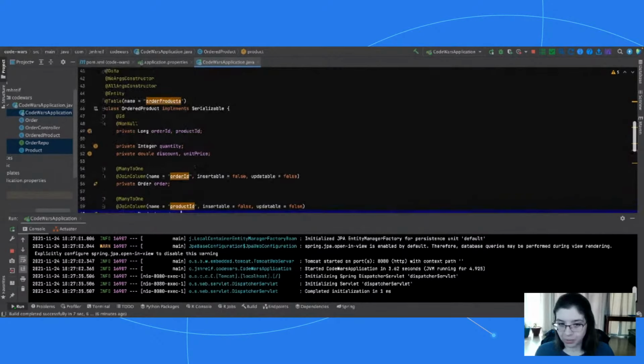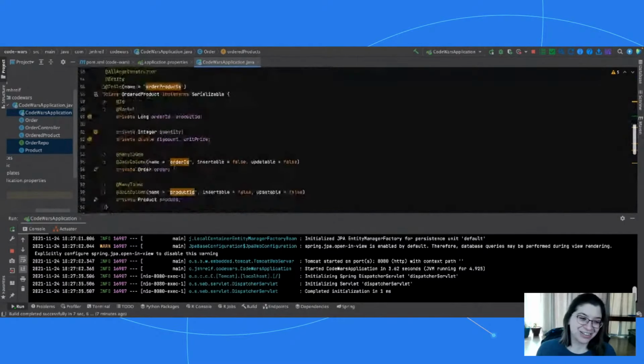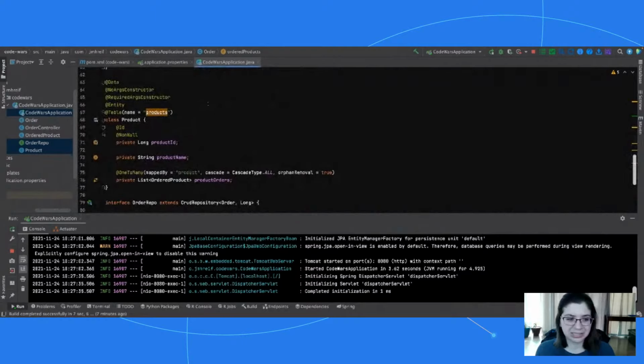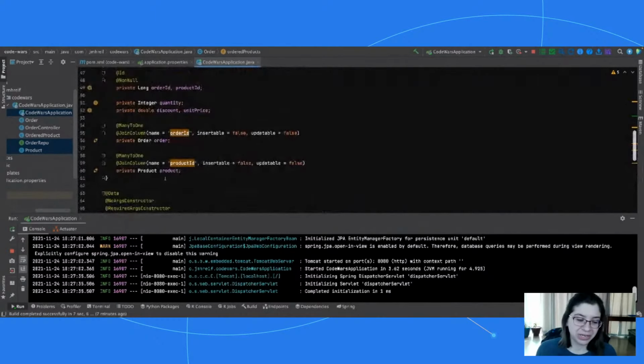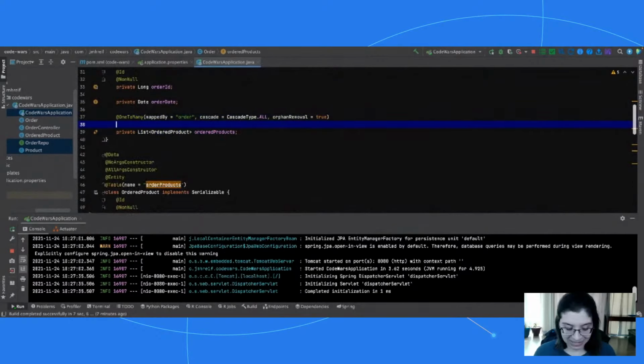Well, we just came from order, right? It's going to go back and pull all these fields again. Guess what? It's going to go back to this table and pull order, and you get this lovely circle. Same thing's going to happen on the product side, even if we start from order, because they're all now linked. So you come across to the ordered product, it's going to go down to the product. Guess what? Product is tied back to ordered product. So it's going to go here, and you'll get this lovely infinite recursion error if you run this as it is. So what we need to do is limit it in some way.